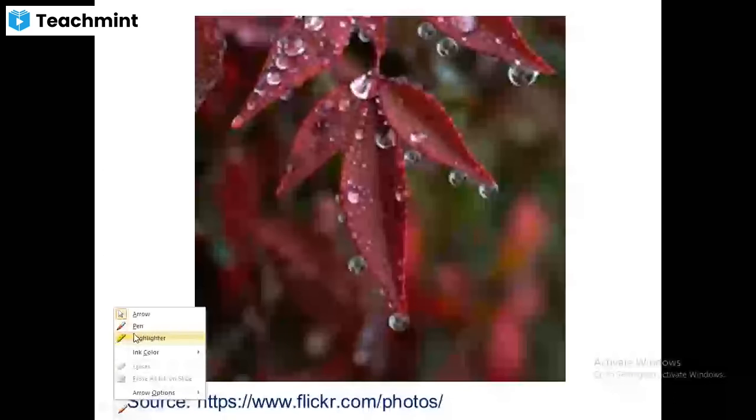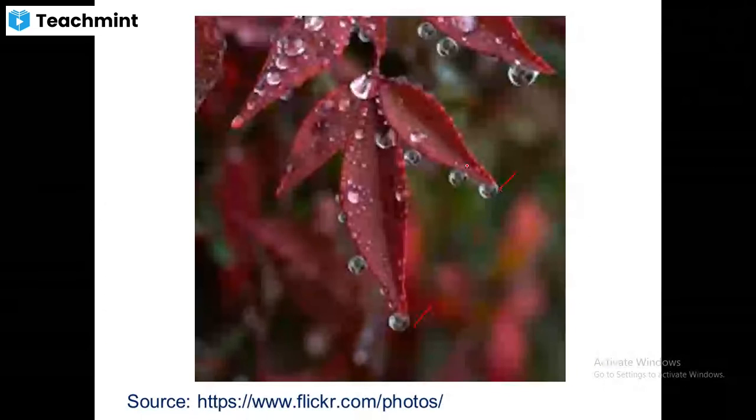Then look at this picture, where we have a different type of leaf, where you can see a liquid drop here, liquid drop here, liquid drop here, liquid drop here. These are all natural photos taken from nature during the rainy season. If you observe again, the shape of the liquid is spherical. Whether it's small or big, it is again spherical.